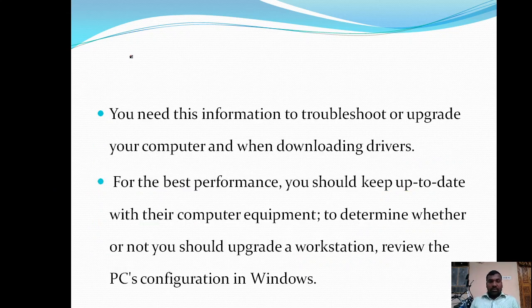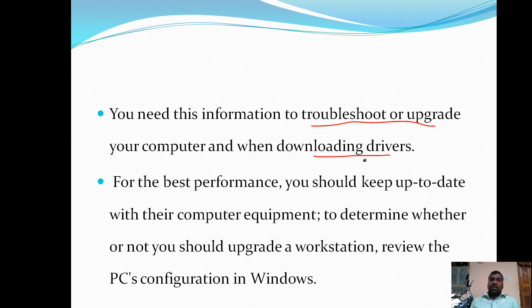Okay, so you need this information to troubleshoot or upgrade your computer when downloading drivers. So for example, if you are trying to download or upgrade a driver software, it requires some memory space. Okay, so at that time what you have to do is, first of all you need to check whether the required memory space is available in your PC or not.